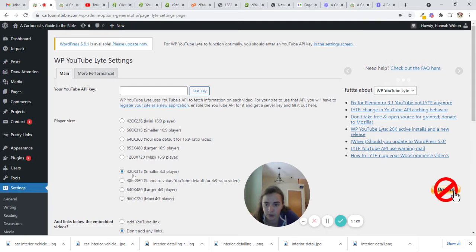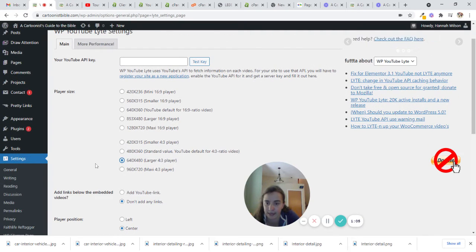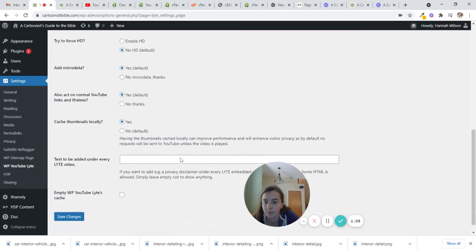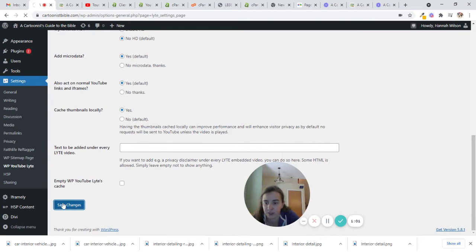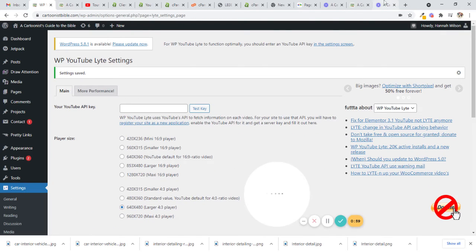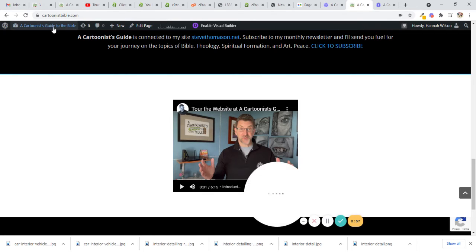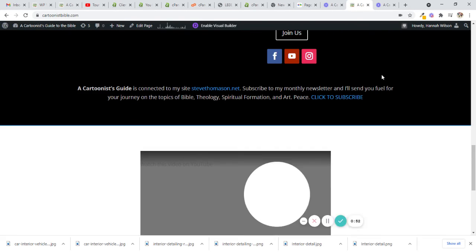For most users, the small player will be perfectly sufficient because most users are probably looking at your website on a mobile device. But if you want the larger version because it just looks nicer on a desktop, you can select that right here. And then just hit Save Changes. And if we go and refresh the page, this should show us a larger